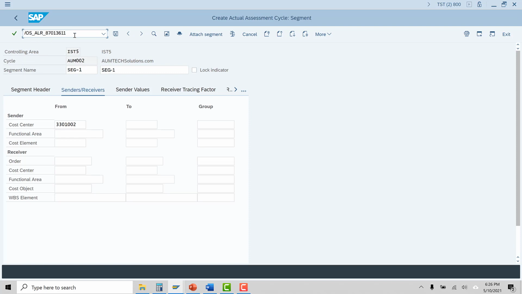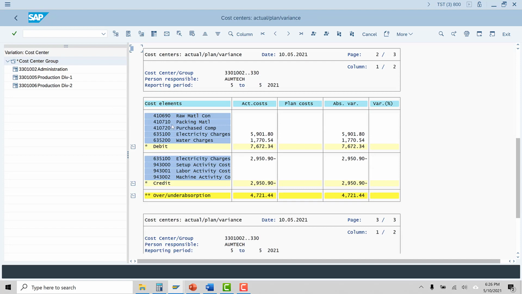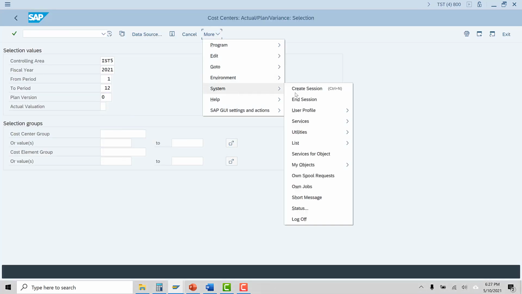S_ALR_87013611, enter. Okay, here is the report. For period 5 only, and the whole range of cost centers, we have 3 cost centers. Execute. So these are the three cost centers.